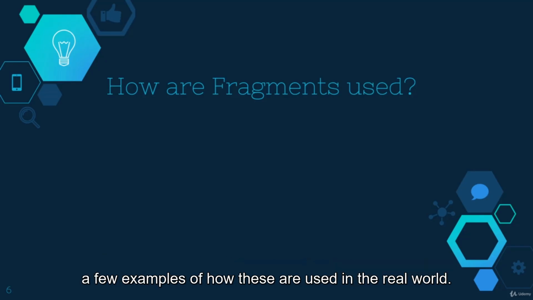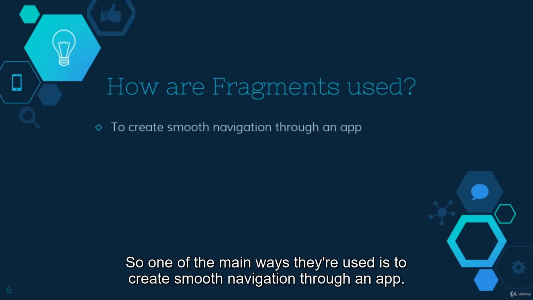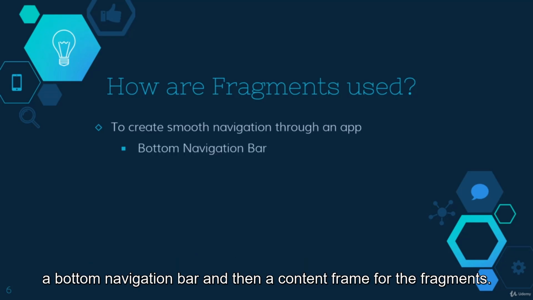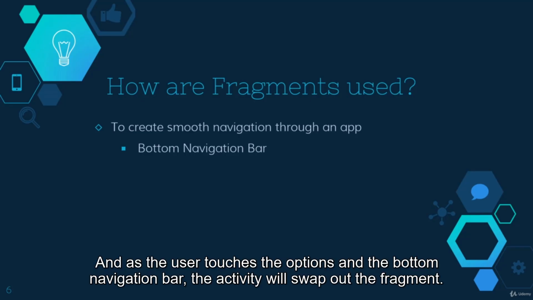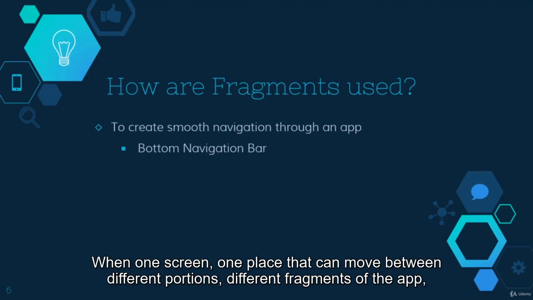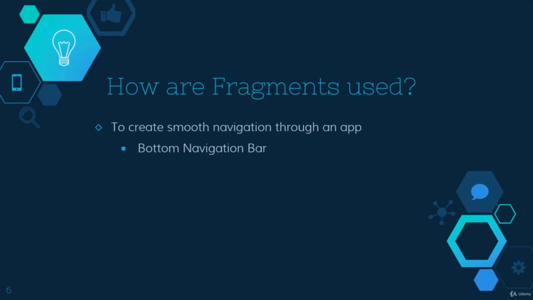Just giving you a few examples of how these are used in the real world. One of the main ways they're used is to create smooth navigation through an app. Some examples of what I mean by this. There may be an activity that has a bottom navigation bar, and then a content frame for the fragments. As the user touches the options on the bottom navigation bar, the activity will swap out the fragment. And that gives the user the feeling that they never really leave the screen. They're in one screen, one place. They can move between different portions, different fragments of the app, but they never feel like they're really leaving